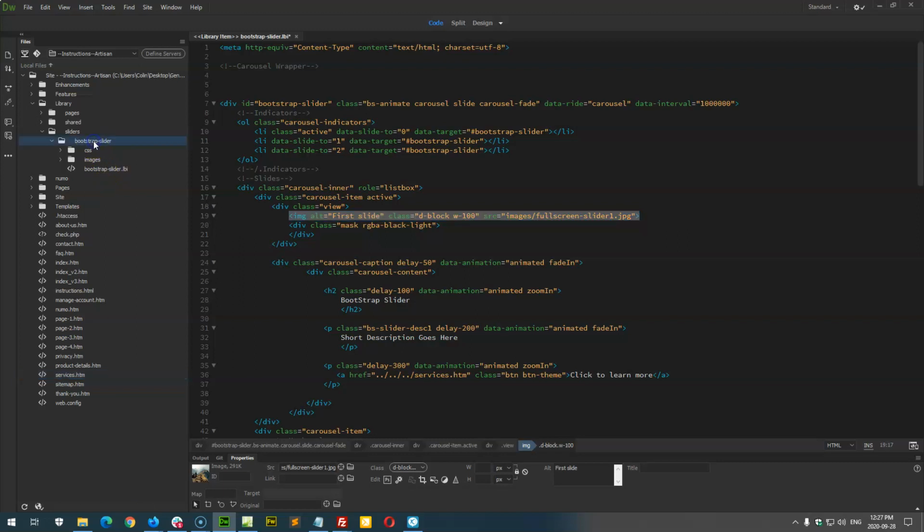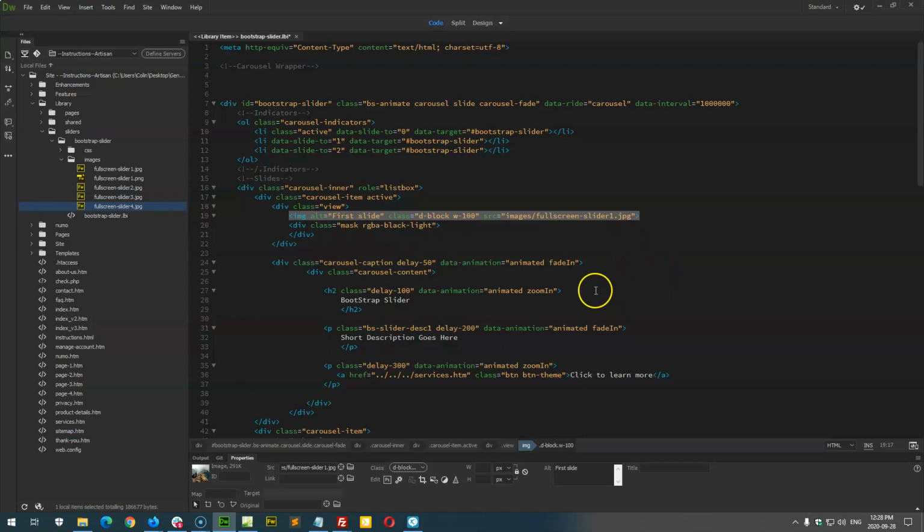So in each Bootstrap folder, we have an images folder, and inside the images folder is where we keep the pictures or the images for your slides. I recommend you put the images in the same folder when you go to replace them. I also recommend, to make life really easy, if you're just going to replace the default 4 slider images,